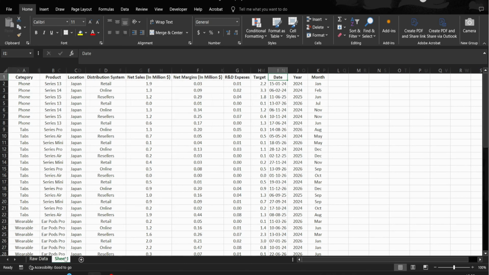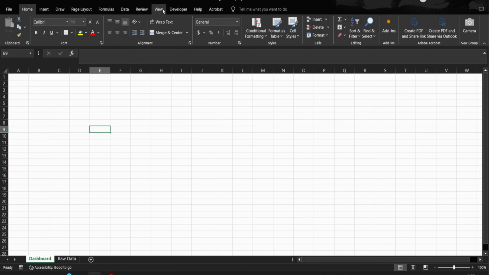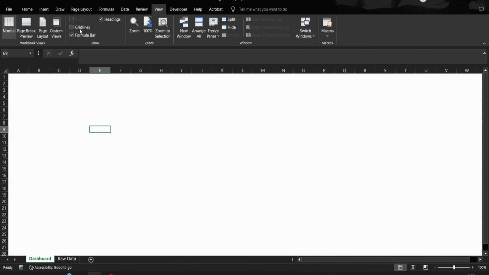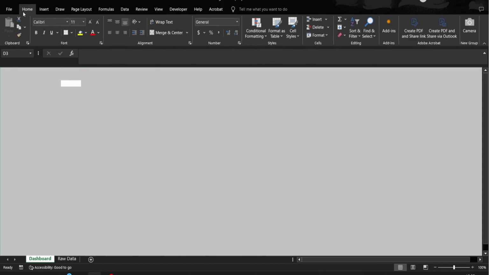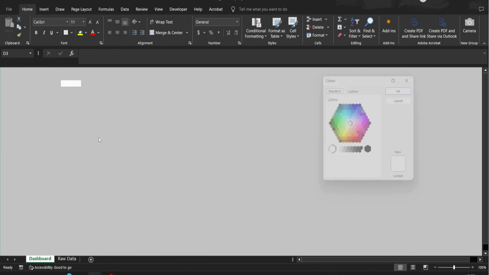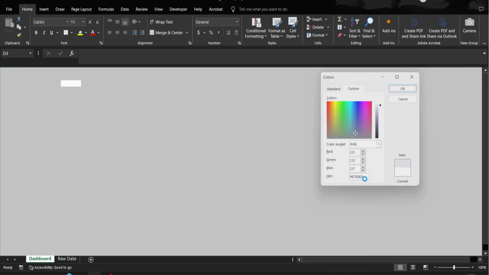For that purpose, we will create a new tab, and the name of the tab would be dashboard. At this moment, we don't need this grid line, so we go to view and we remove the grid lines. As well as we don't need these headings, so we remove the headings. Now the color of this background we need, so we go to more colors. Inside the custom colors, we will write our preferred color, which will be #E7E8ED,